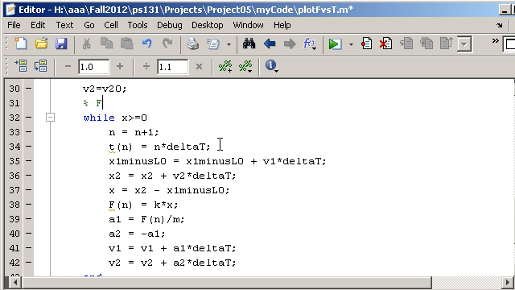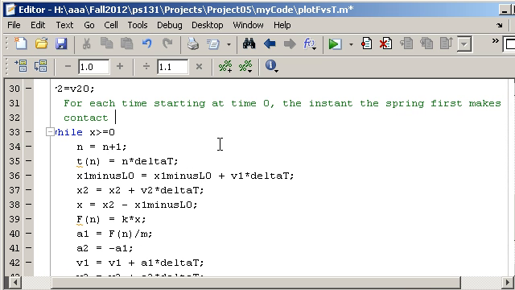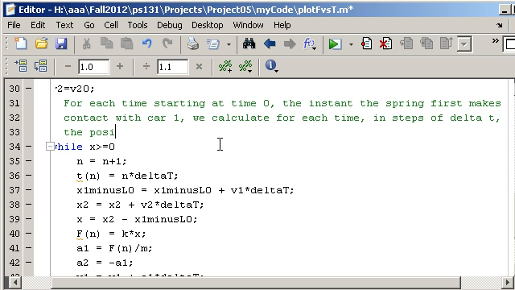Let's try describing this a little bit. For each time starting at time 0, the instant the spring first makes contact with car 1, the one that's up front, we calculate for each time in steps of delta t the position, velocity, acceleration, and force of the spring